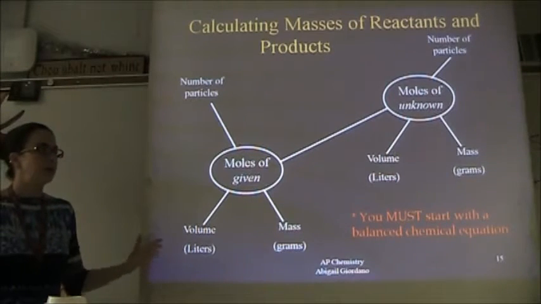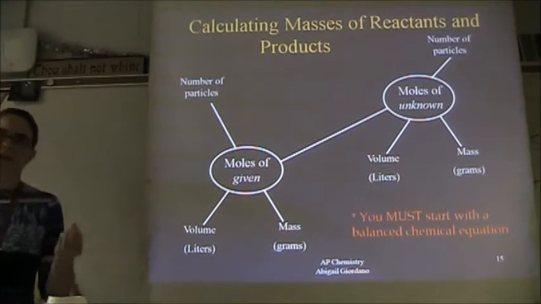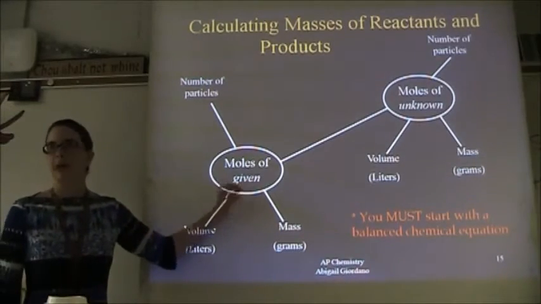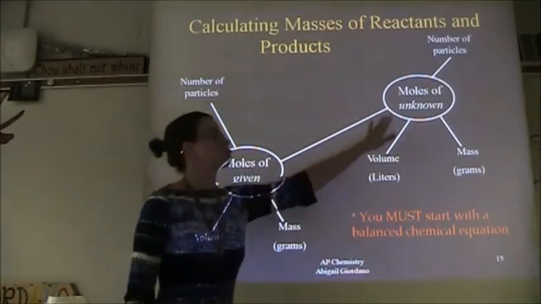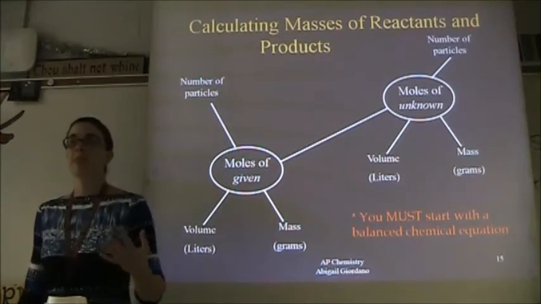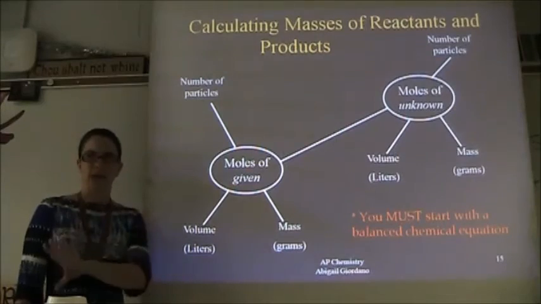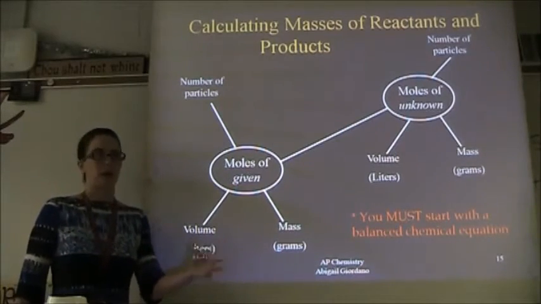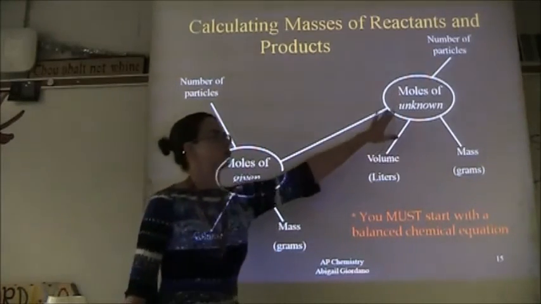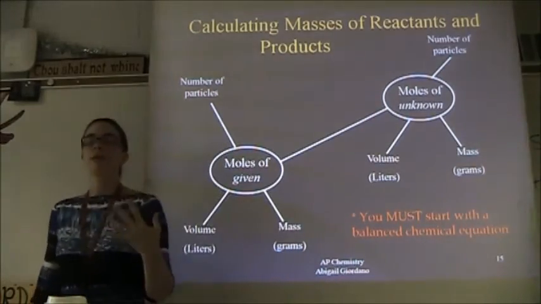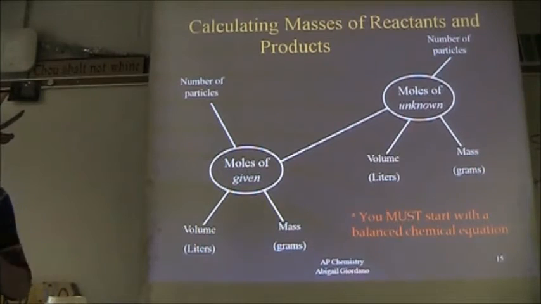And probably I would say the most common stoichiometry situation is you're given some amount of reactant, and you're supposed to solve for an amount of product. But it doesn't have to be reactant to product, okay? It could be product to reactant, or reactant to reactant, or product to product. It can be between any two pieces of a reaction,